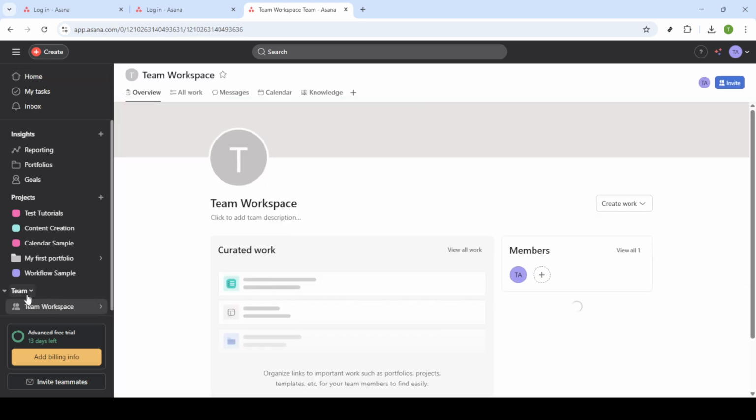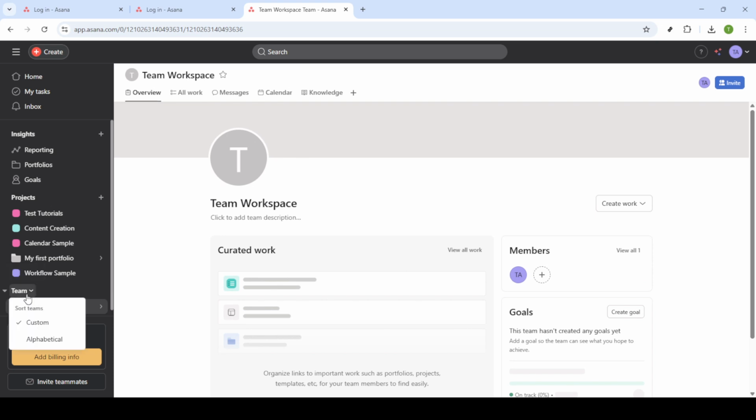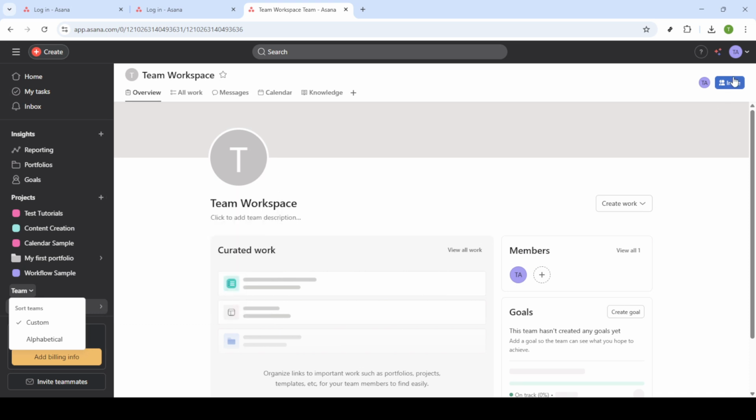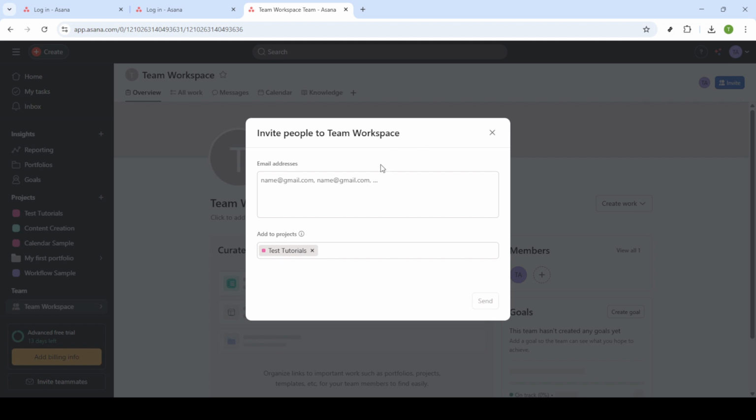Next, you'll want to click on Invite Members. This crucial step is where team creation truly begins. Entering the email addresses of those you'd like on your team is next. It's a good practice to use the same email addresses that your new members use for their Asana accounts to